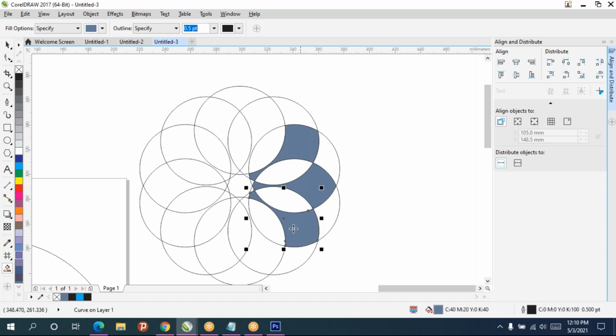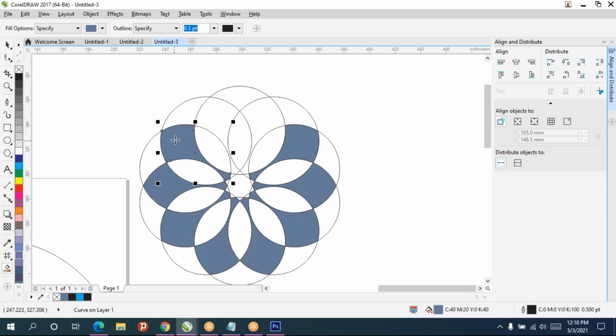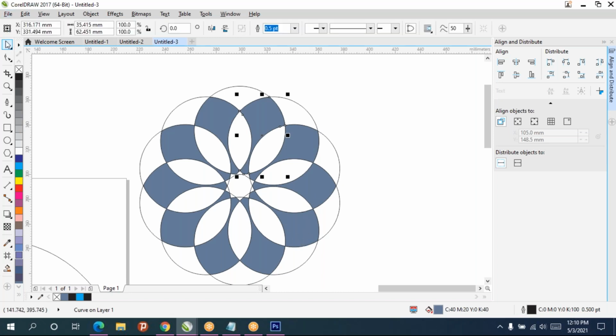So only this, this. Now take pick tool, select that. By holding shift key you can select and move that.